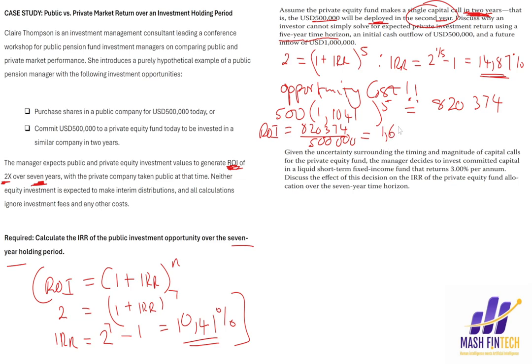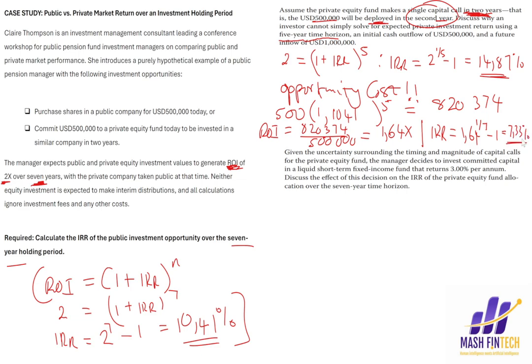And then you use this 1.64 times to calculate the internal rate of return. Remember that the internal rate of return is simply going to be 1.64 times, then for the period of 7 years now, you take this to the power 1 over 7 minus 1, and then you're going to get